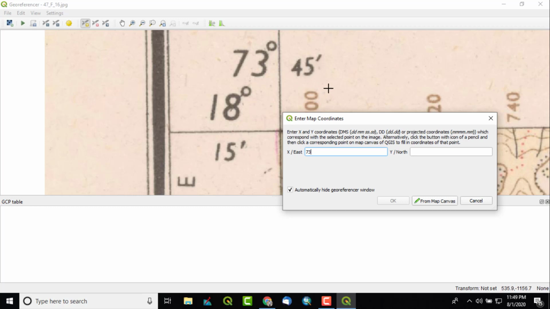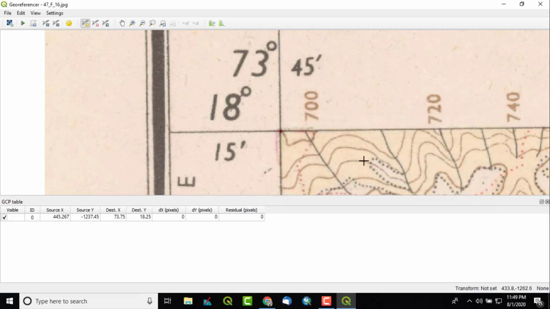Its fraction will be 75, so we just have to write 73.75. Then in case of north, it is the latitude. It is 18 degrees 15 minutes. So 15 is out of 60, and the fraction of 15 out of 60 is 25. So 18.25. And then just click OK.